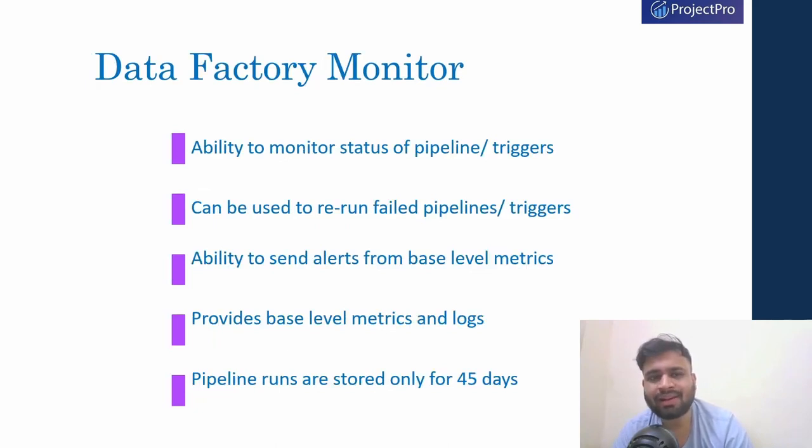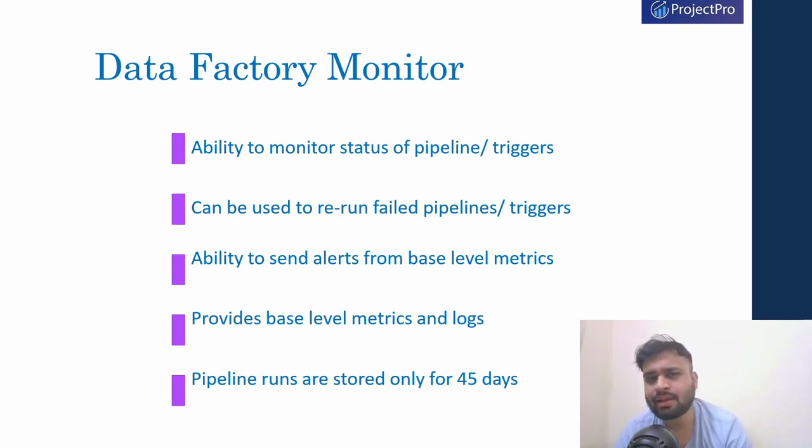If we talk about the Data Factory monitor, this will give us the ability to monitor the status of our pipeline runs as well as the trigger runs that we have already created. This can also be used for rerunning our failed pipelines as well as the triggered runs, and we can get alerts. We can set different alerts based on the metrics so that we get notified whenever there is an issue in our Azure Data Factory runs. It also provides base level metrics as well as the logs,